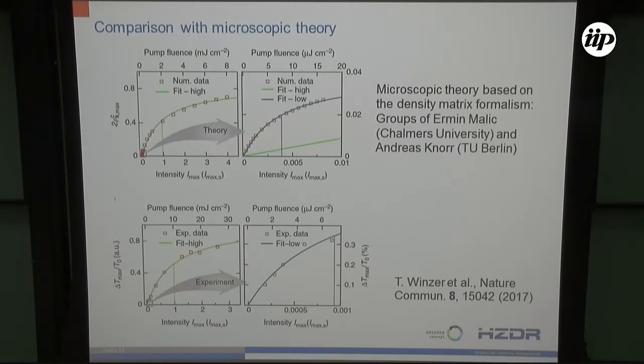What causes that? Well, luckily, we have a good contact with Ermin Malic and his students, and he said, well, can you calculate that? Well, this is really puzzling. So they applied the density matrix formalism, like what Ermin showed on Monday for the 2D materials. There it was on an excitonic basis. Here it's just electrons and holes. Solve a semiconductor Bloch equation, and they